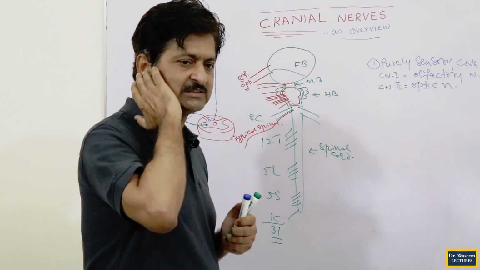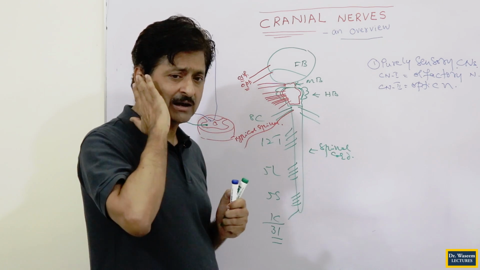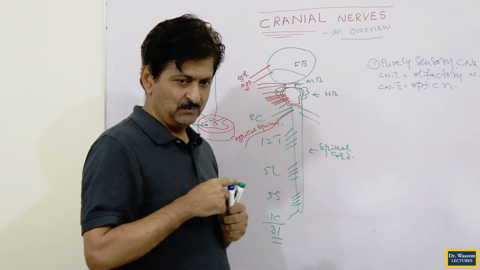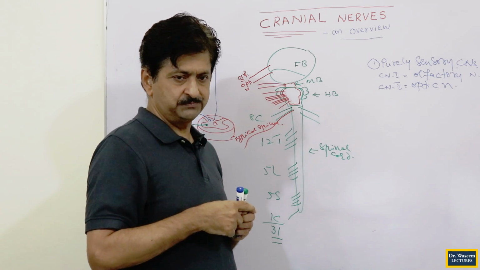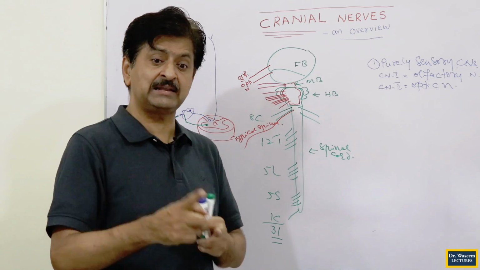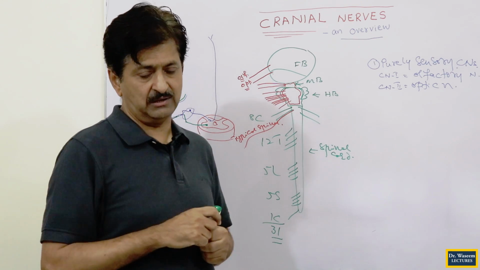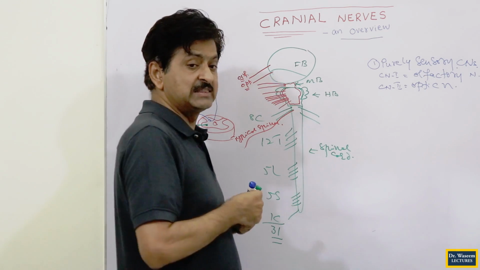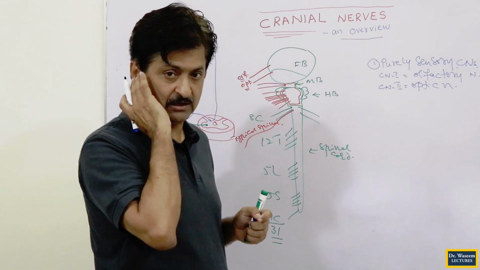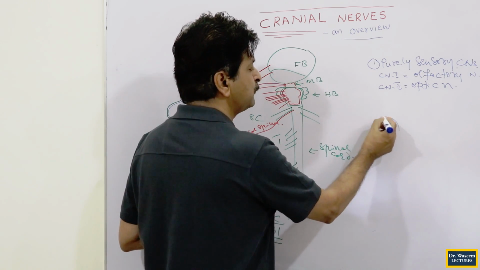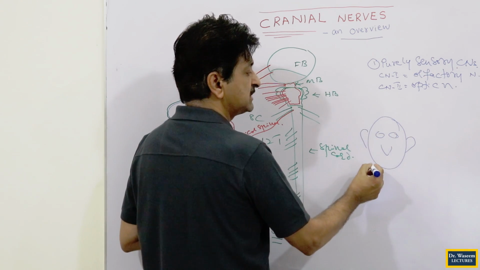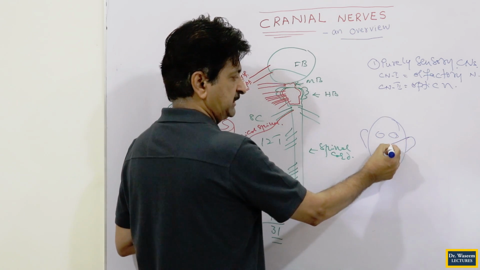And we told you how these sensory modalities reach there. Stimuli are hearing sound waves for the cochlear, and stimuli are head movement for the vestibular receptors. Stimuli are transduced into impulses, and the impulses will be carried by these specific nerves. If they are hearing, then the cochlear; if they are vestibular, then the vestibular component. So that means this nerve, we say that we don't have 8 ears, so we call this the 8th nerve. Actually, if you remember here, if you draw a diagram like this, 2 eyes here, 2 ears, you can do the ears like this.